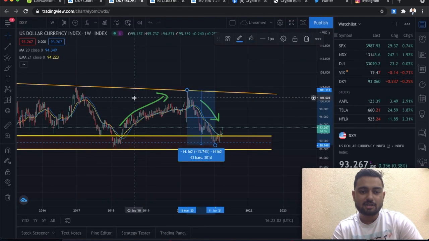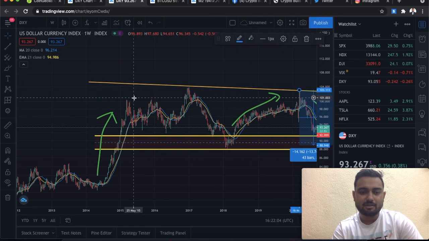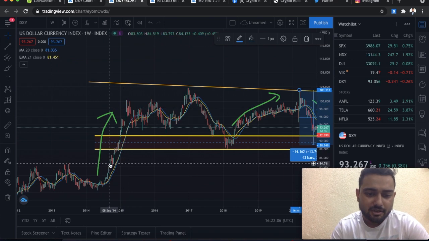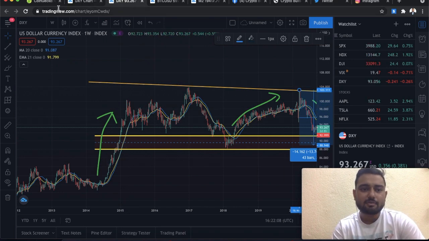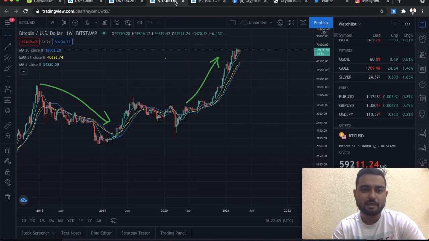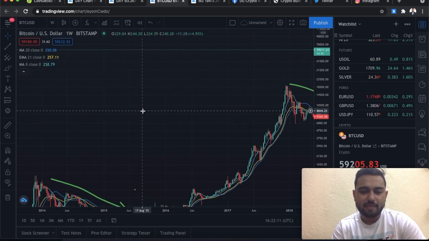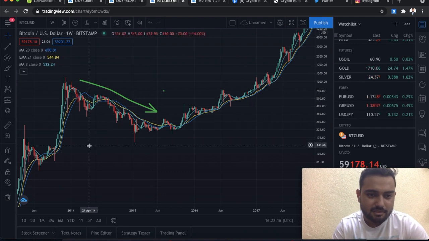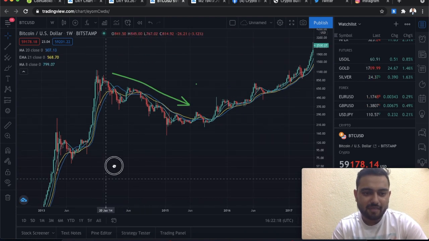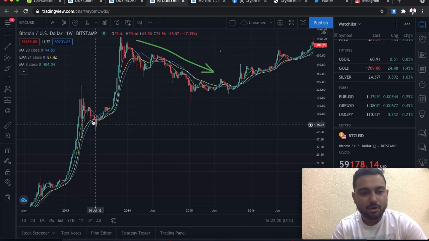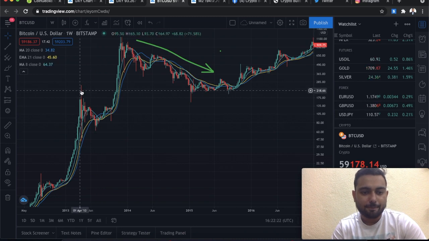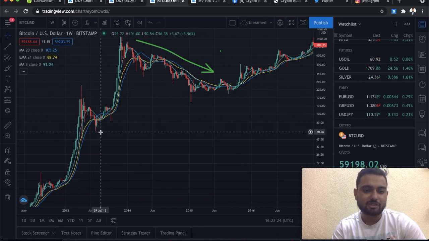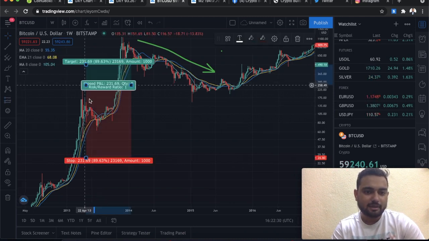What is the chart saying, that when this happened, when the dollar was rising in 2013, 2014, what happened was basically Bitcoin actually came down. You can see this. Bitcoin actually came down and broke below the 20-week moving average, or basically the bull market support band. And this move, my friends, was approximately,